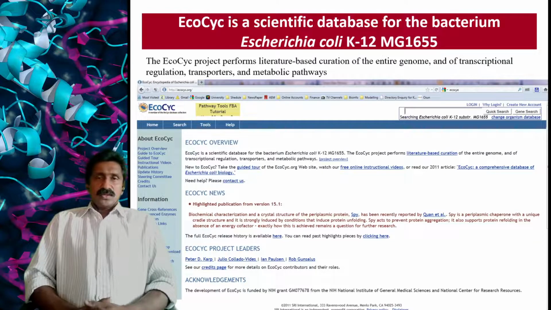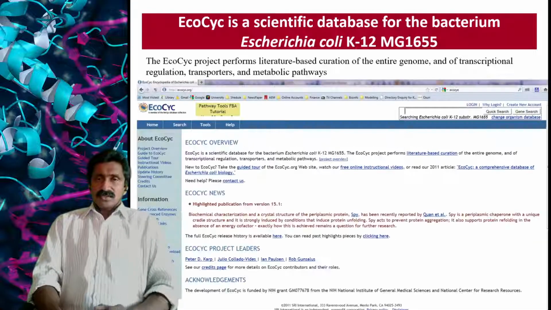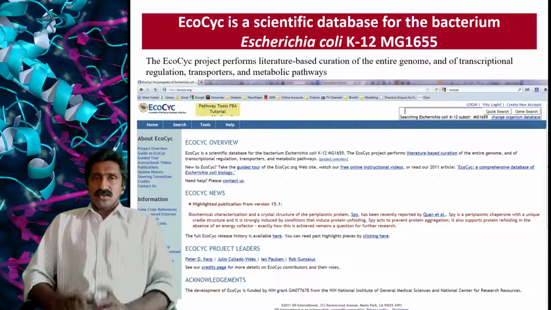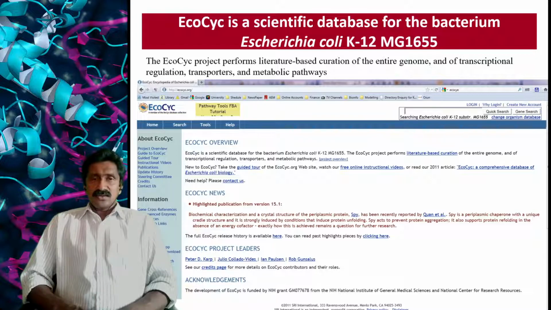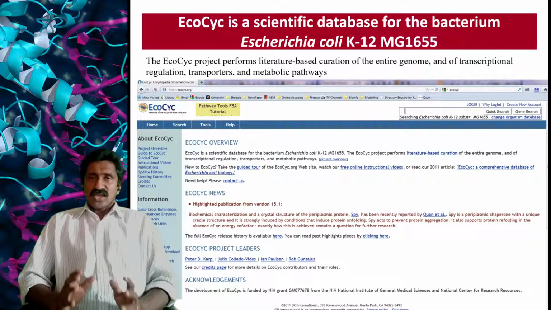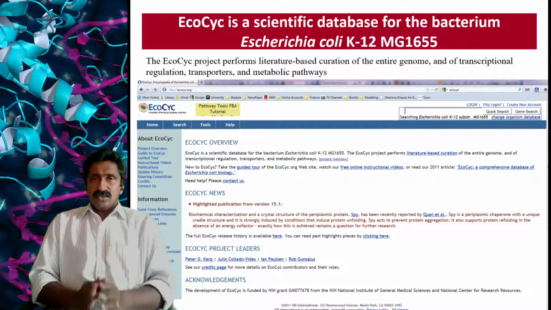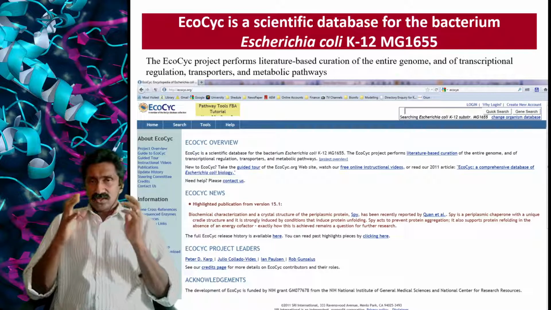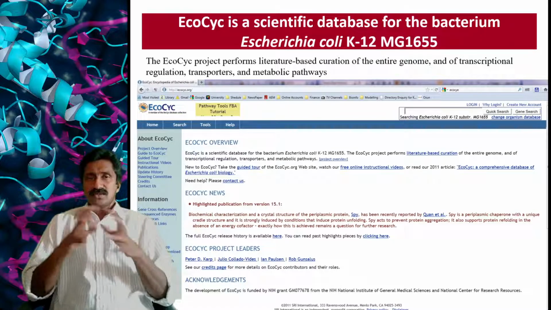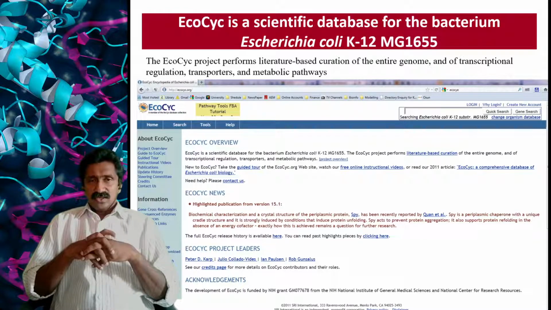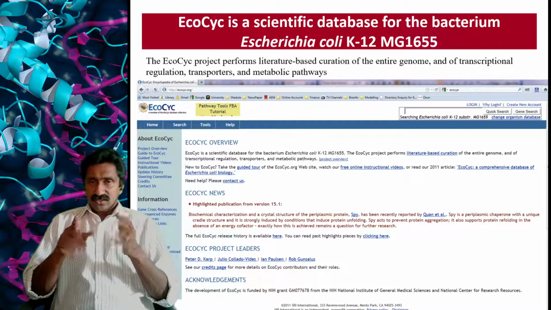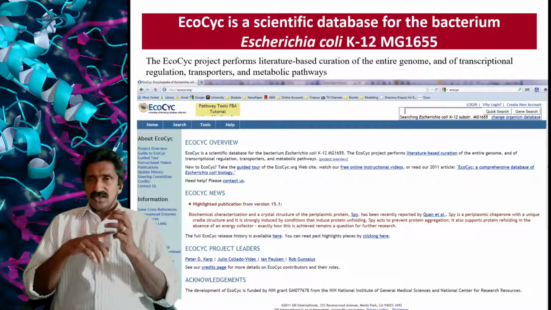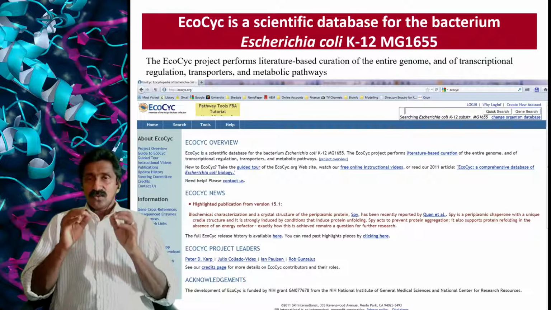Okay, the next one is, as I mentioned, a metabolite database. One example is EcoCyc. This is a special database for Escherichia coli. EcoCyc is a scientific database for the bacterium E. coli, specifically K-12 MG1655. So it's a very specialized database for that particular E. coli. And this project performs a literature-based curation of the